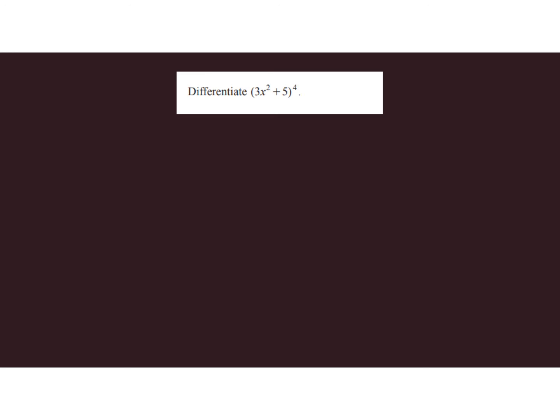So we start off with a differentiation question, and it's very clear that this is a composite function. We have 3x squared plus 5 inside the brackets raised to the power 4. So this is set up for use of the chain rule, and we're going to differentiate this using the quick chain rule. This is a function of the format y equals f of x raised to a power,